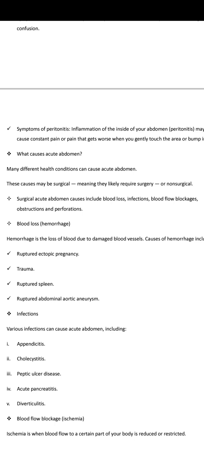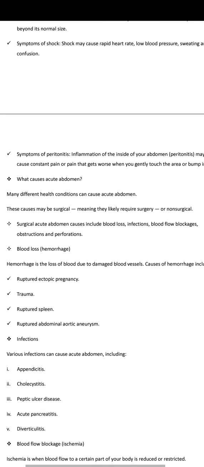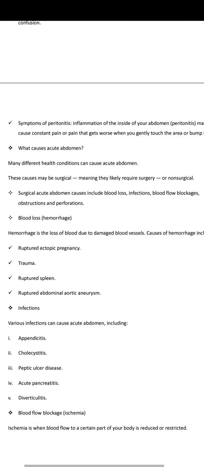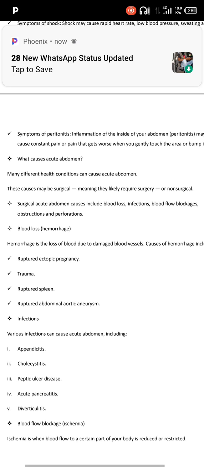So we have talked about the clinical features of acute abdomen. We need to also talk about the causes of acute abdomen one by one. Now we mentioned the causes, the things which can cause. Now we need to talk about how those things can cause what? Acute abdomen. So the first thing which you have to know which can cause acute abdomen is